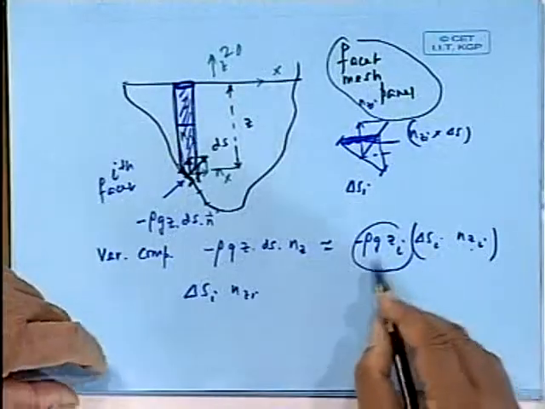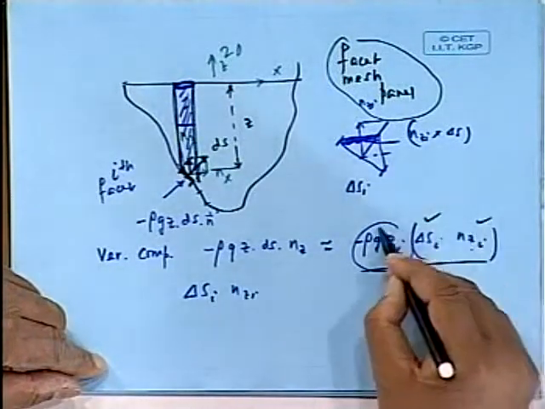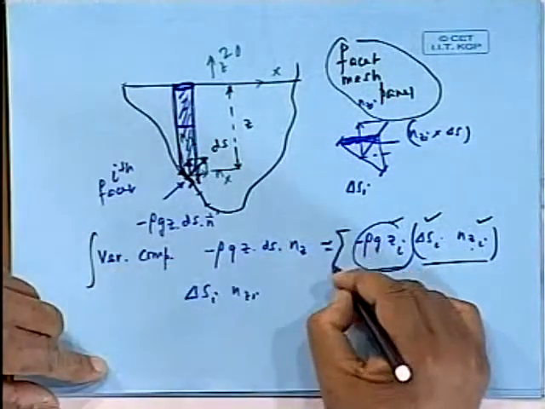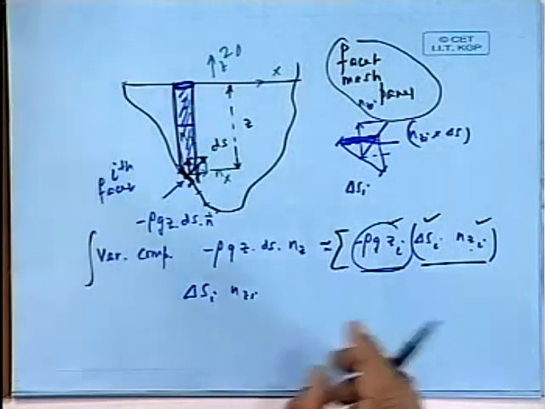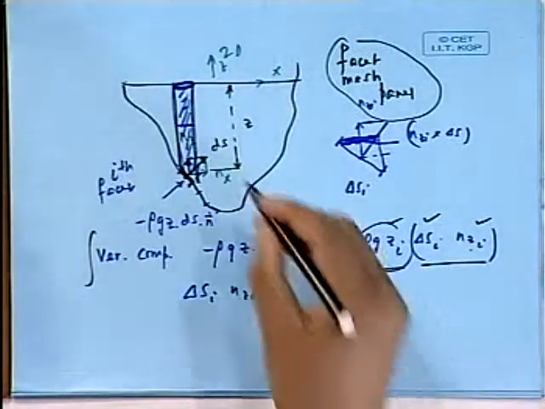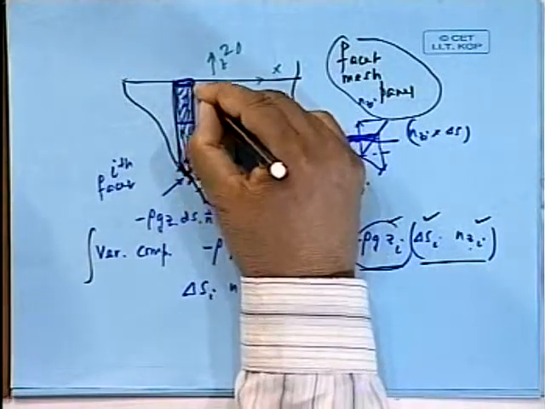Now on each piece, the vertical component of force acting is this. I know this, I know this, I know this. All I am going to do, if I want to find the total, is sum it. That means I keep going through a loop, read the first one, do this, the second one, do this, and add them up. And if you look at that, you will find that each of them represents nothing but this volume or this area.